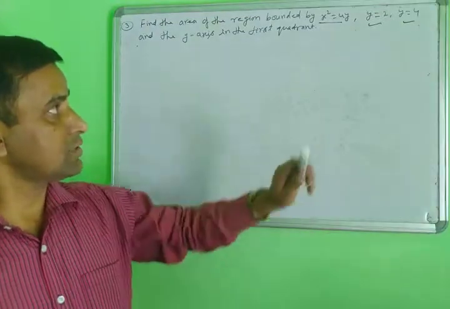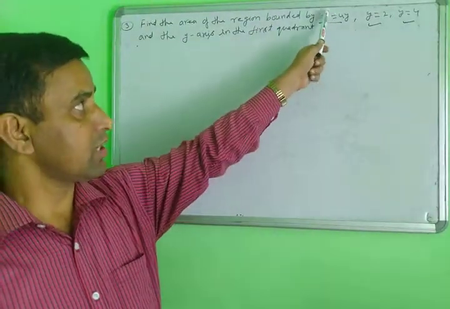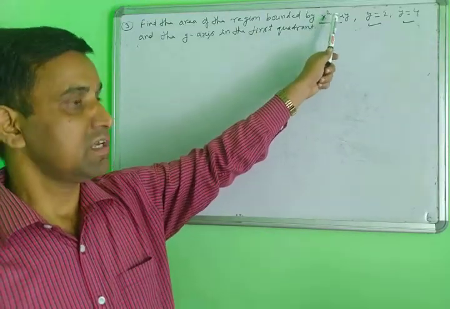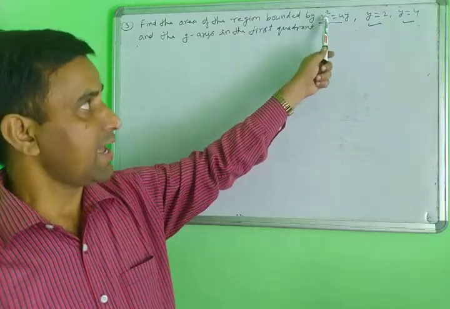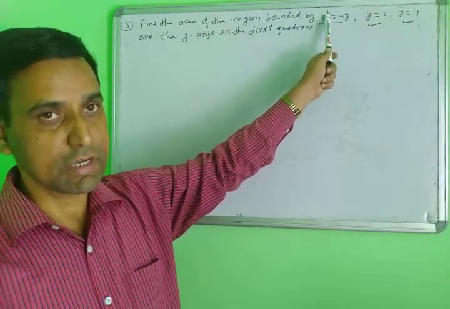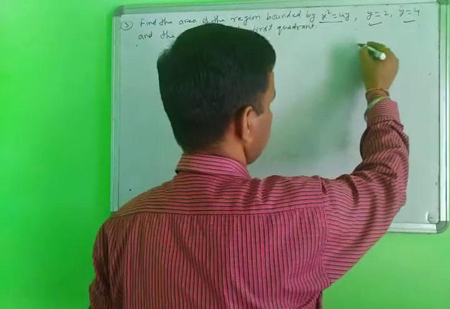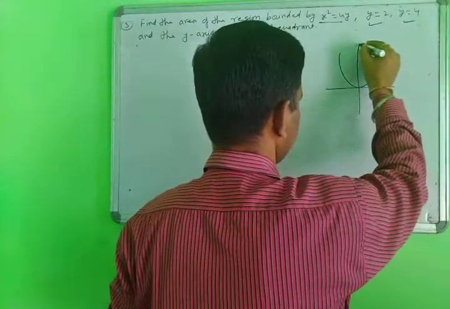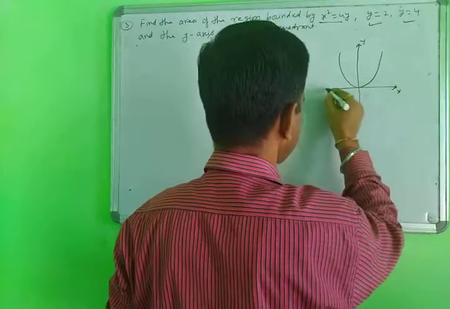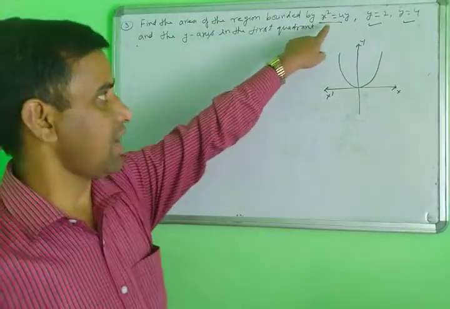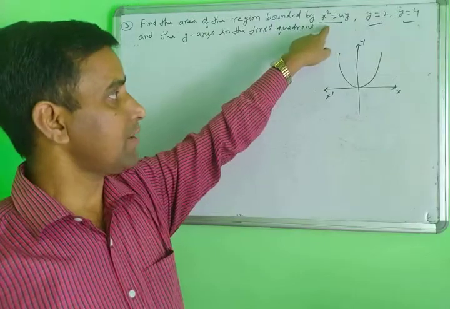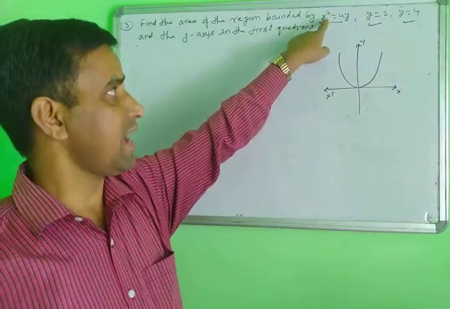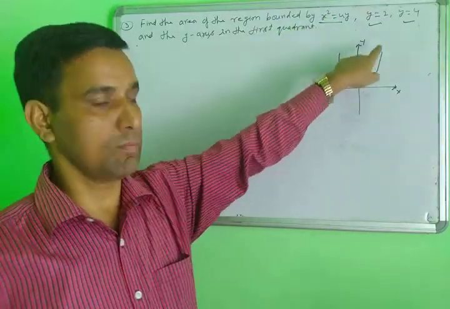First of all, you will read the question very carefully. The curve is given here. In our curve, x has the even power. This means this is the curve of a parabola. X having the even power means it is symmetrical about the y-axis. First thing, this is the equation of the parabola in this form, x and x dash. This parabola is symmetrical about the y-axis. How is it possible? Because x has the even power. When x has the even power, the parabola is symmetrical about the y-axis.